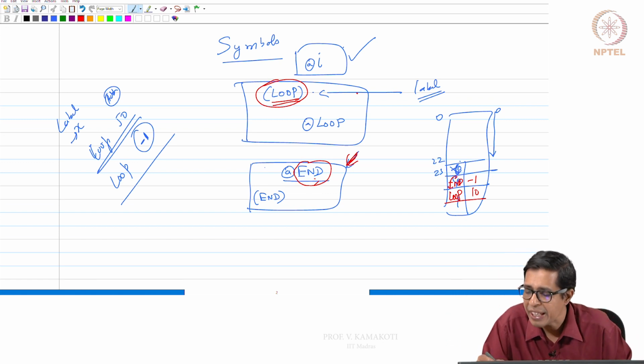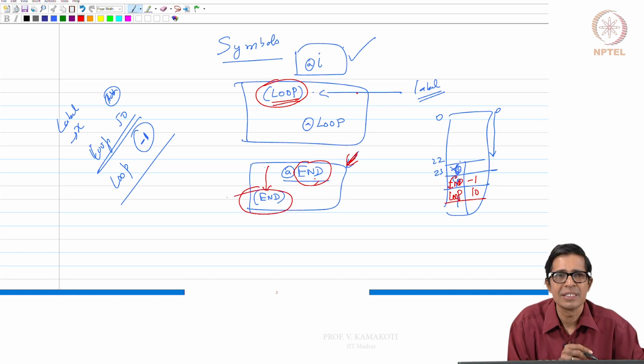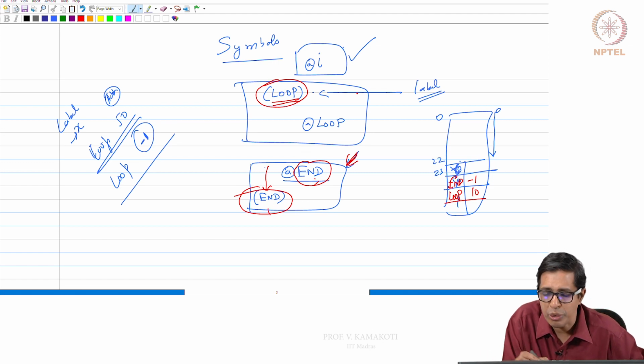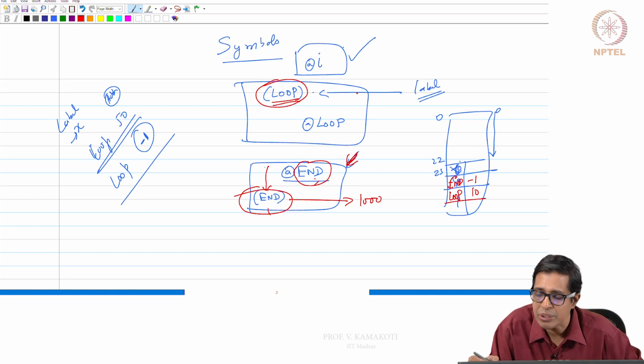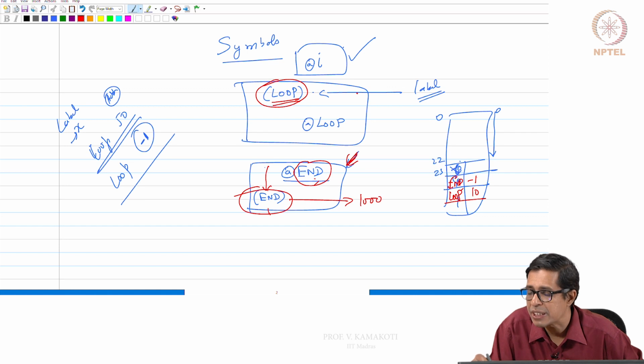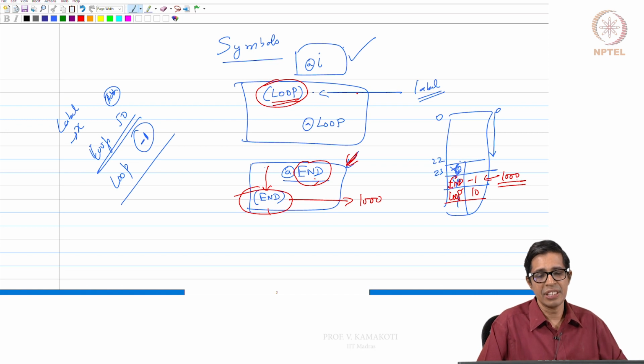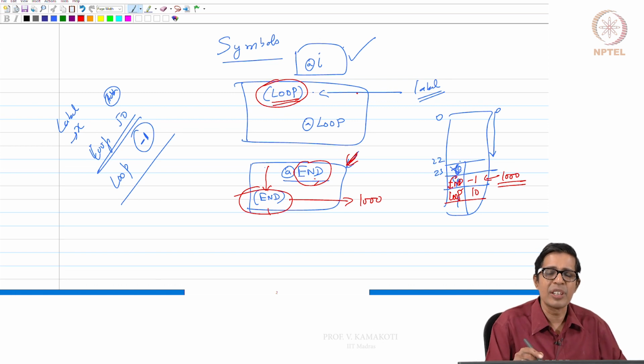Who will fill it? In the case of -1, as we go through this program, finally we will land up at this end. Now we will go and find out. So for this end, let me say this is 1000. I know that this is 1000. Now I will start searching with end and 1000. I will find end is already there, but its value is -1. So we will now go and store 1000 here. So this value of -1 gets updated later, in this case of a lookup, right.